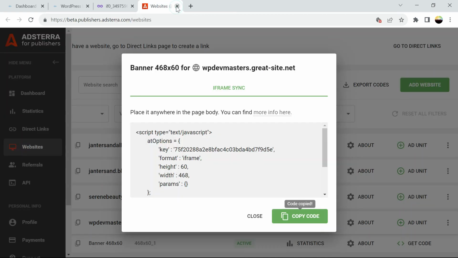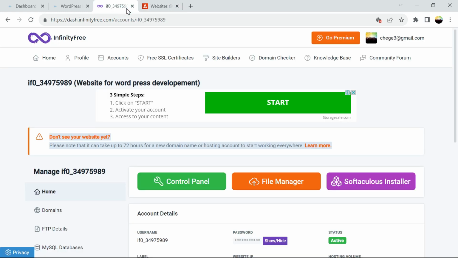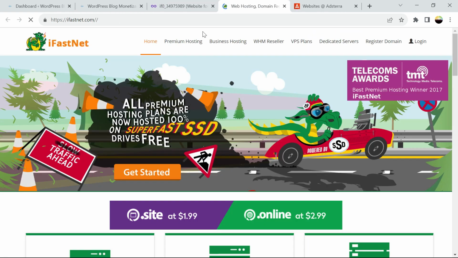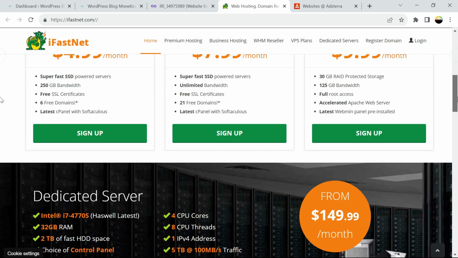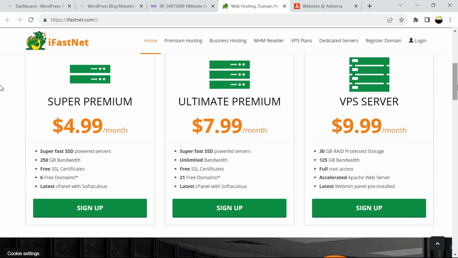So today I want to start with those who have already renewed and upgraded their account to premium. Then we go to those who have premium and free. So we first add Adsterra for those who have premium accounts, because it's one of them. Then in the next video, if you are using a free account, you can skip to the next video where I'm